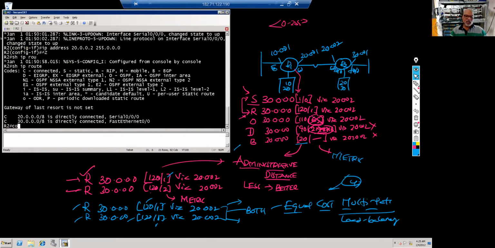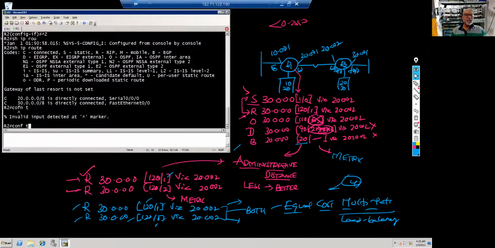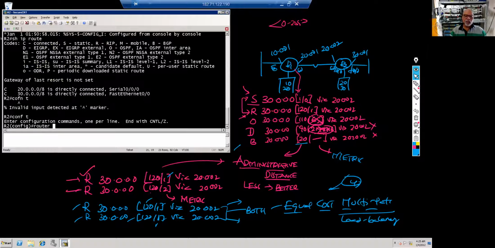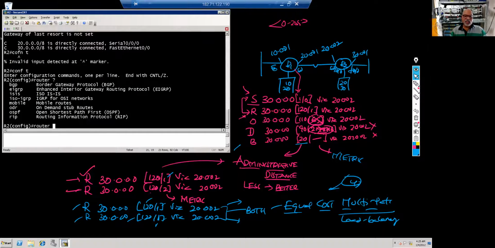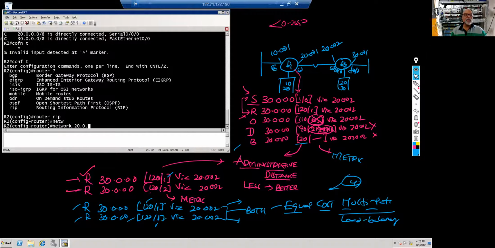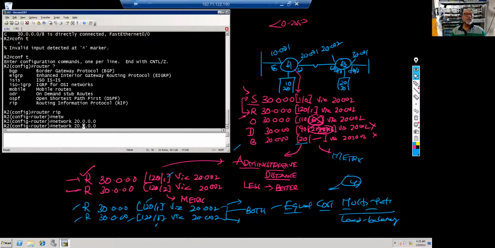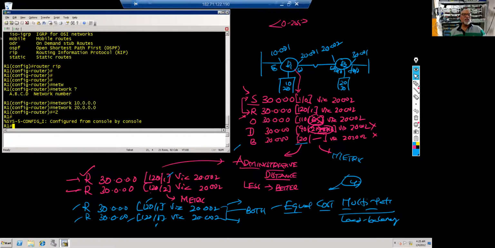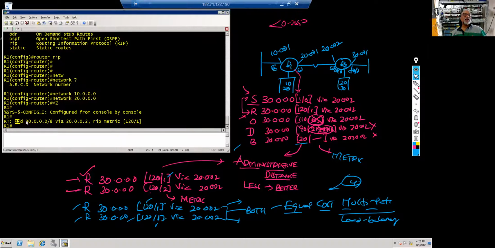Network. Specify that number, 20. Right, I'll go here to the other side. Configure terminal. Right, router. Put a question mark. So I have this. Here a smaller number, those EGP and IGRP are not there because they're gone. There's a new router. Network 20. See, the moment I enter 30 here, this guy will say, hey, I have 30 network, split horizon, 20 it won't send, 30 it will send. So if I enter this and go to the other router, automatically you will learn it. So everything is fine. See, route added, 30 network via RIP, metric 120/1. This is exactly what it is.